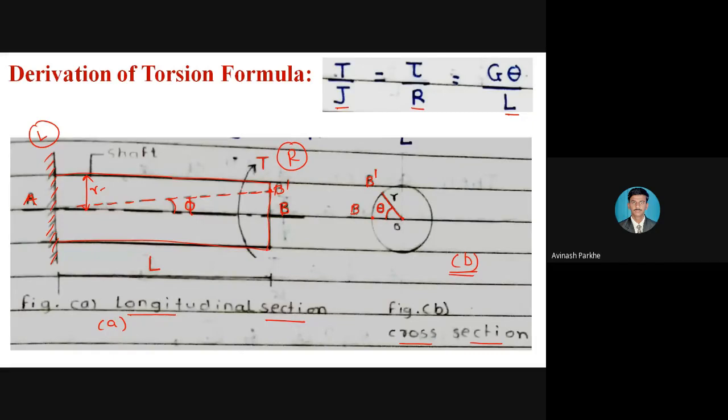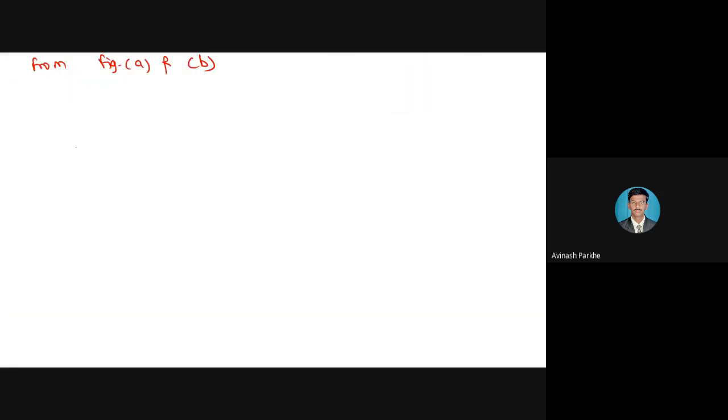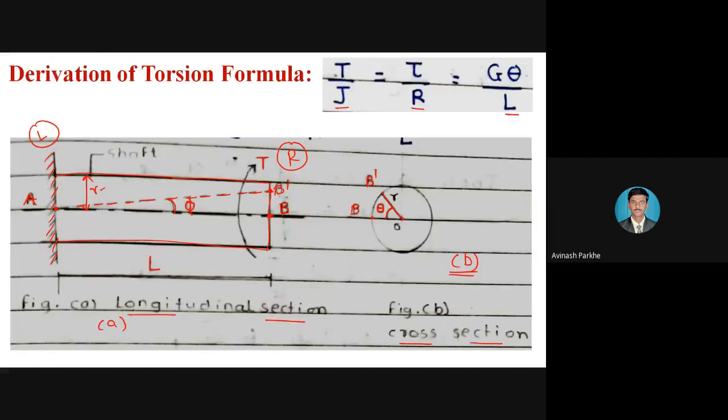Okay. So from this particular figure A, I got one angle. If I take that angle from the figure, I take B dash A B. You can see this is the B dash point. Then this is the A point near the fixed side, and this is the B point. So angle B dash A B is equal to phi, and you know that phi is the shear strain. This we have written from figure A.